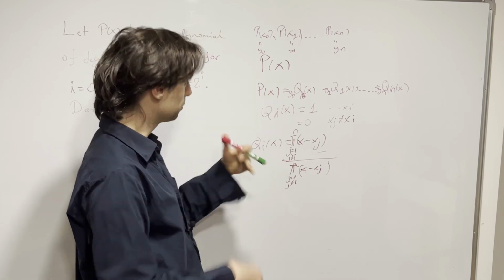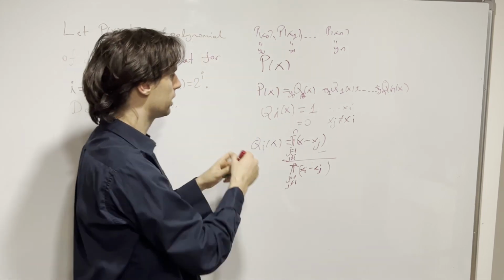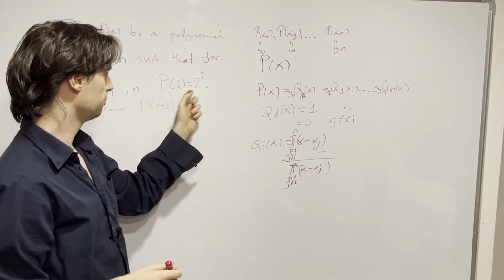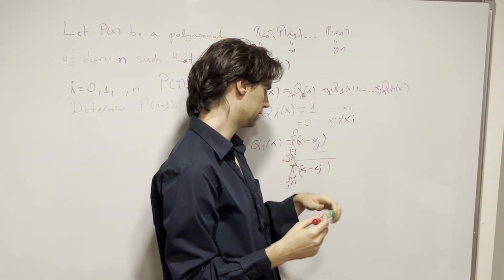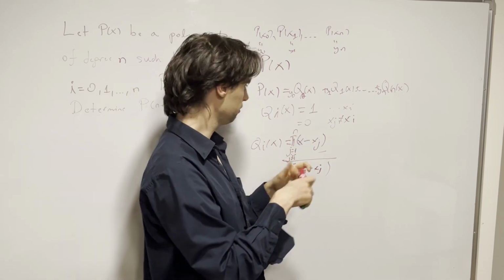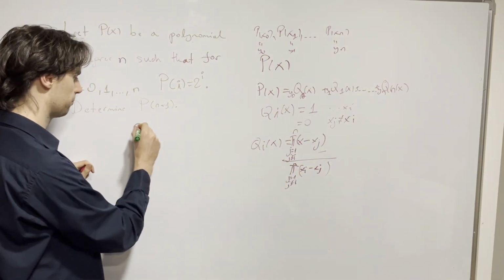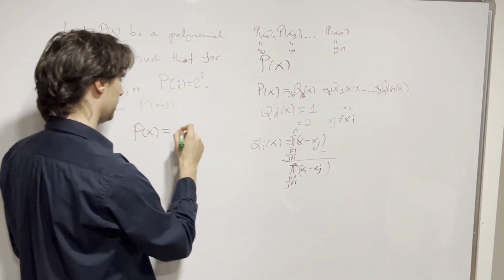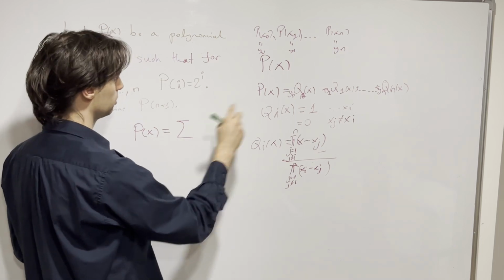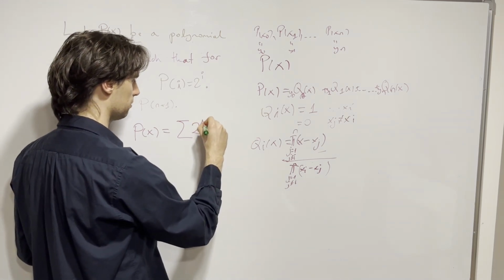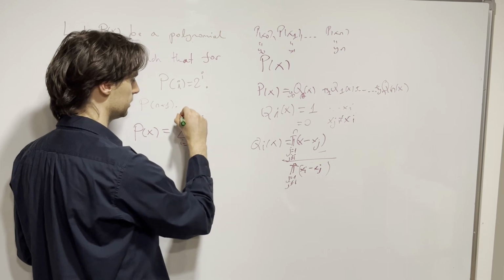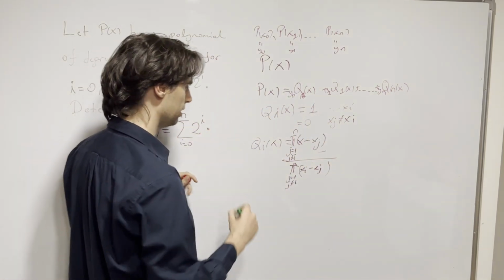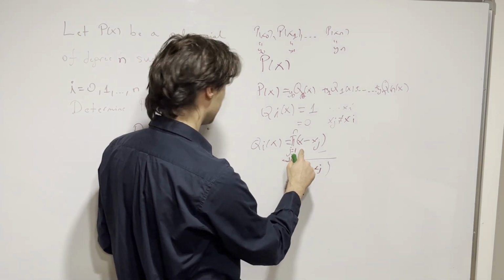So we know how p of x looks, and now we can see, okay, for i equals 0 through n, we have p of i, and then we can construct p of x. Actually, let's see what p of x ends up being. p of x ends up being a sum of the yi, which are going to be 2 to the power of i from i equals 0 till n. And then these qi's are going to be, so it's going to be times x minus